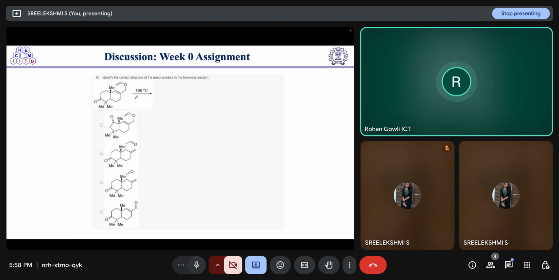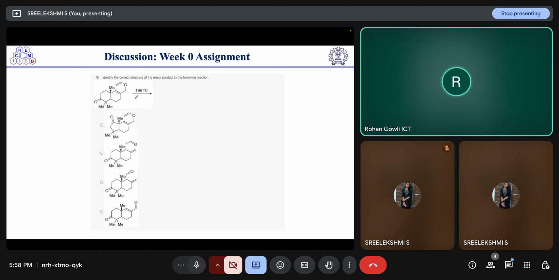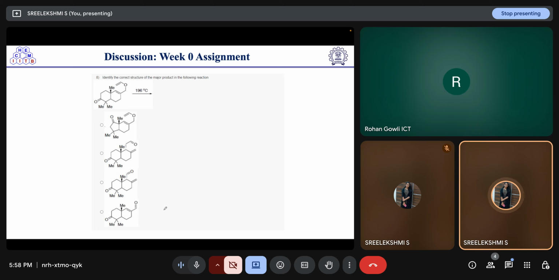No, I have no idea. Okay, have you heard about sigmatropic rearrangement? No. Okay, so this is a kind of rearrangement. It's basically a thermal rearrangement. If we are treating a particular compound with some solvent and heating it, it can undergo this kind of